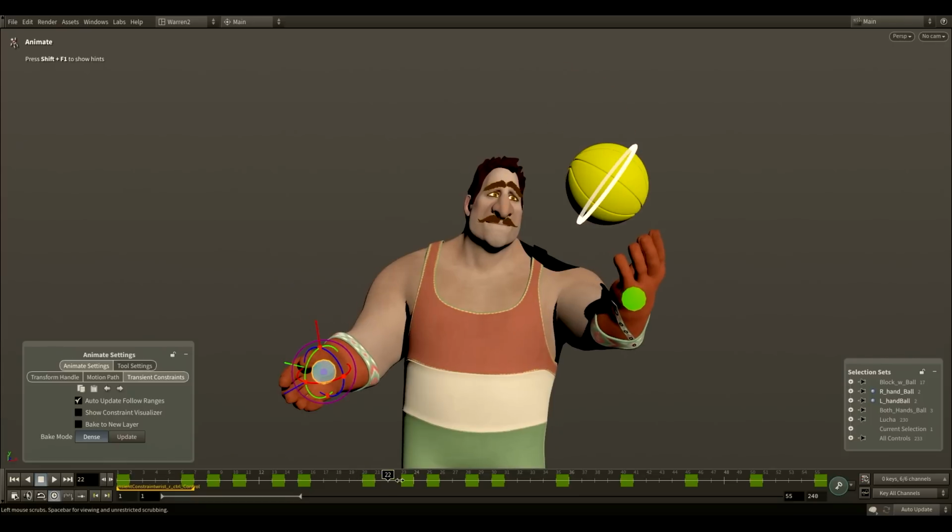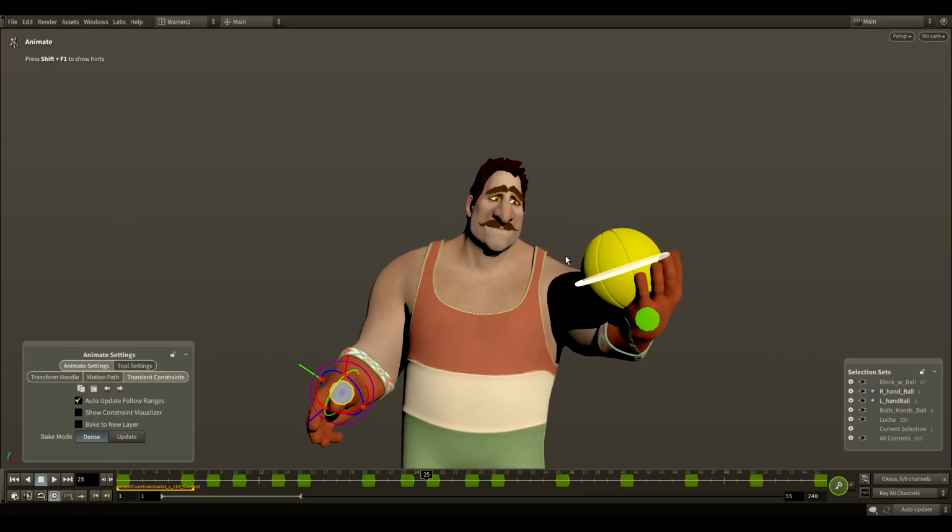So as we go over, we do the exact same thing. We just select the driven, then we can select the driver, we can select our frame range in there. And this time, before I hit A, I'm going to go over and change to the bake mode. And previously we had it on dense, which puts a key on every single frame for that ball. But I'm just going to put it on update. And what this will do is create the constraint and just update the existing keys that we have